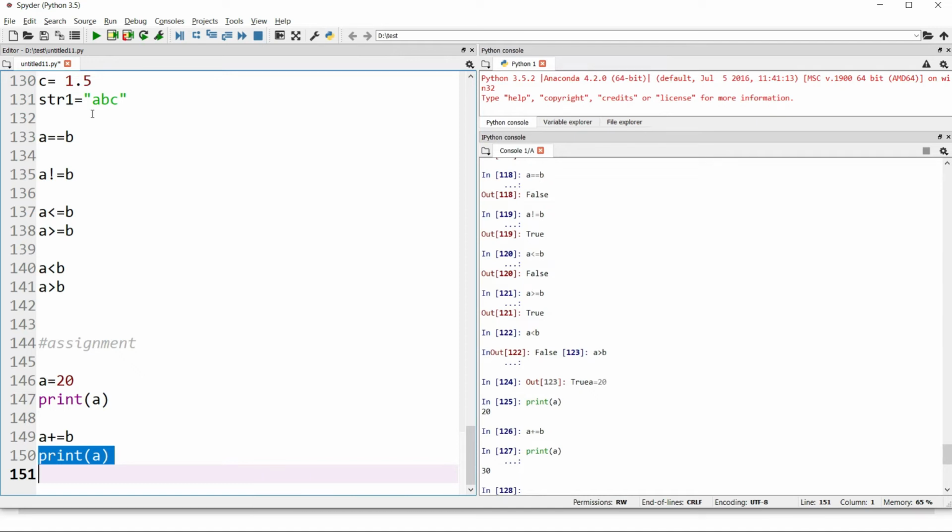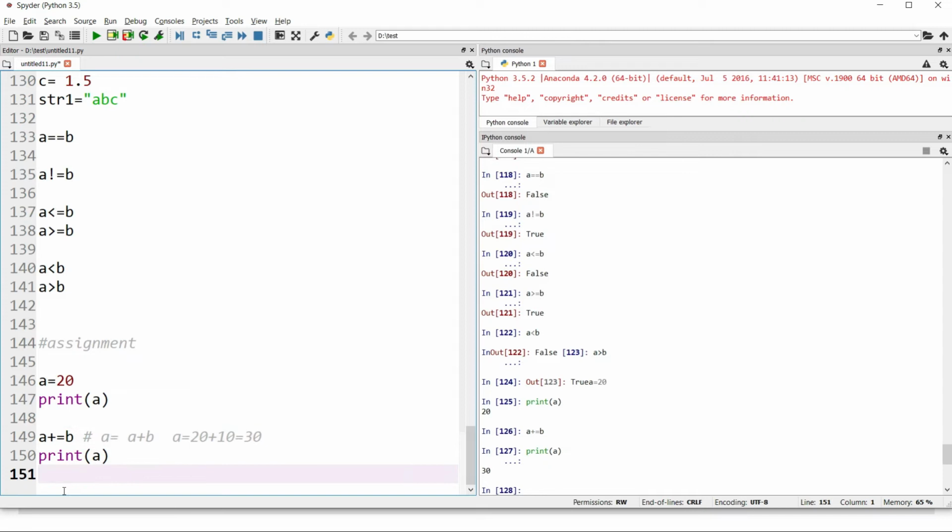It has added 10 to the previous value of a, which was 20. So actually what it did was, let me put it in comments, a is equal to a plus b. The older value of a was 20 and b had 10 in it, so it gave me 30 as a result.